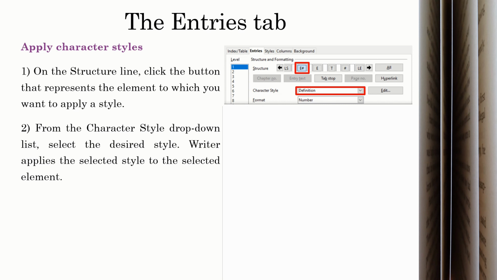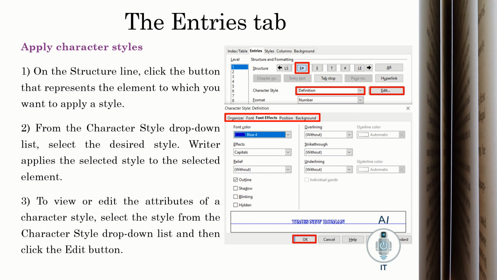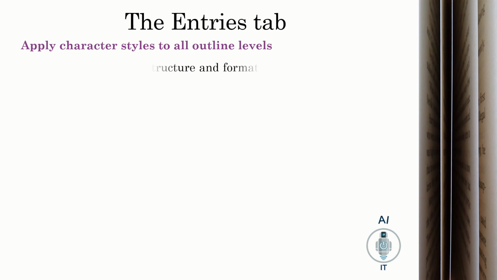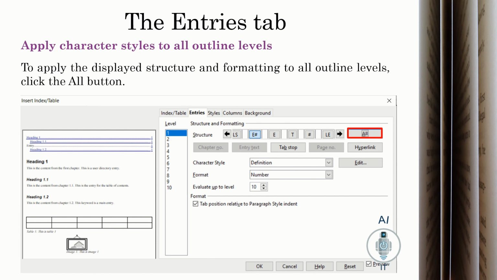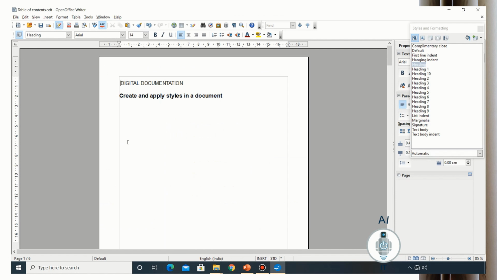Now if you want to edit it further, click on edit. You get another window from where you can make changes and then click OK. Now to apply the same character styles across all outline levels, simply click on all. So the changes are applied to all the outline levels. Now let us see a demonstration of this as well.